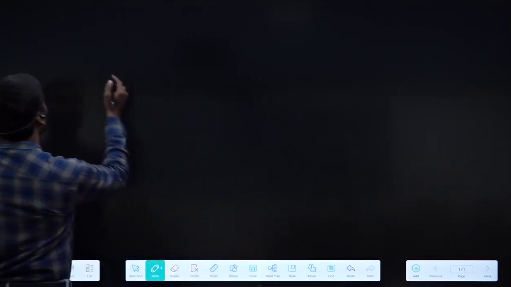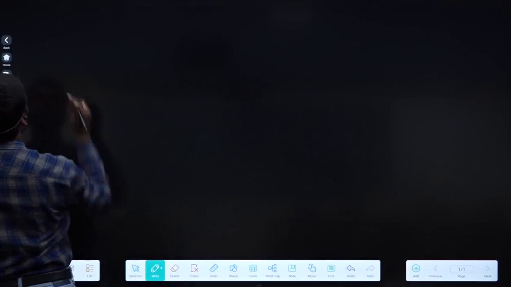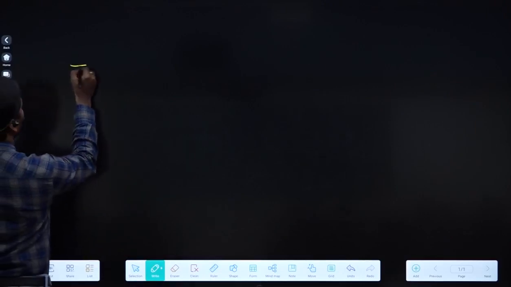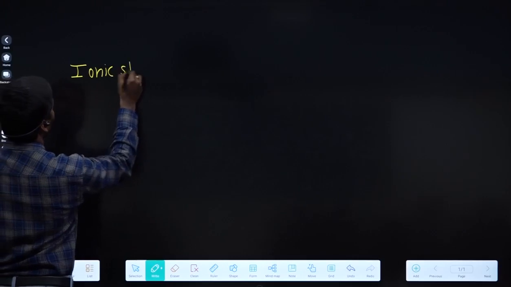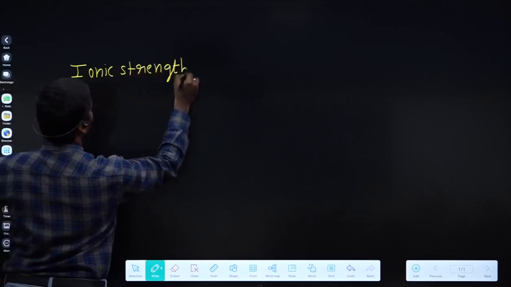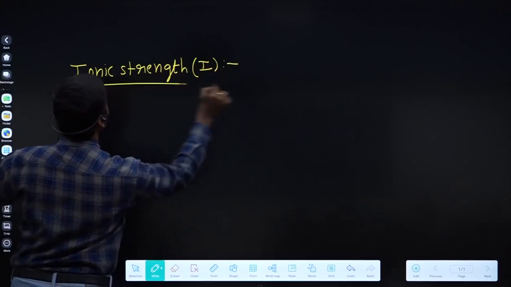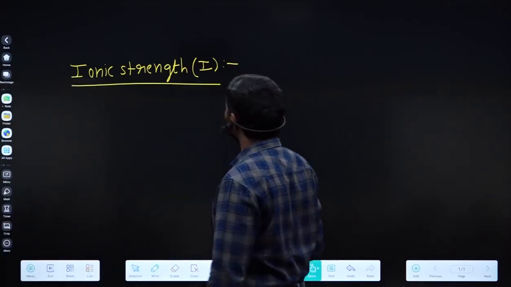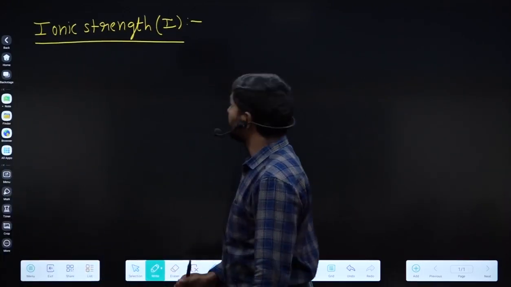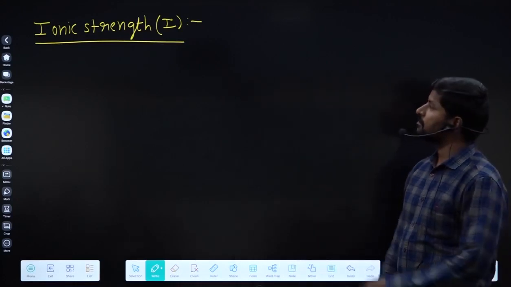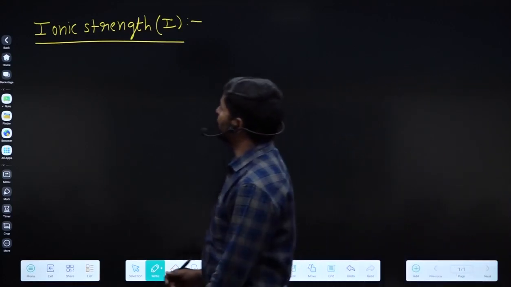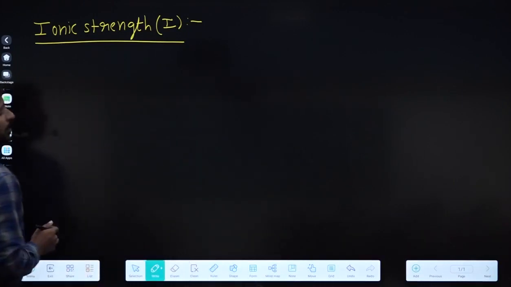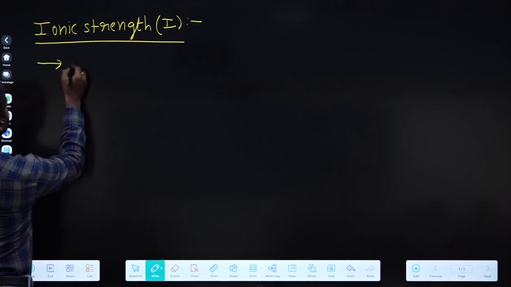Okay, so next I am going to discuss the salt effect. So before going to the salt effect, we see ionic strength. Ionic strength. Okay, ionic strength is nothing but it is a measure of